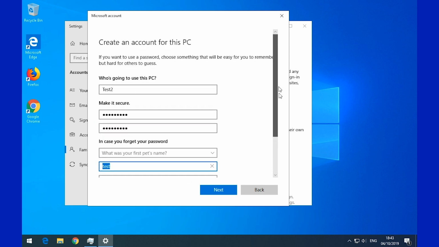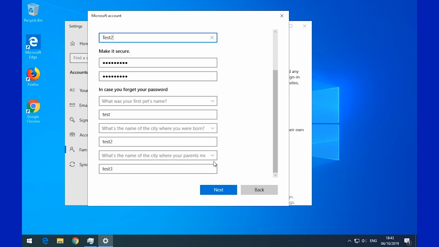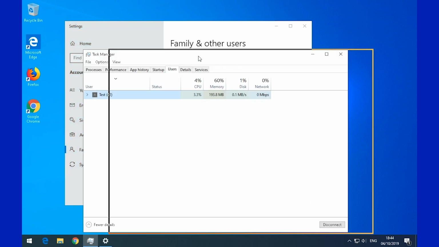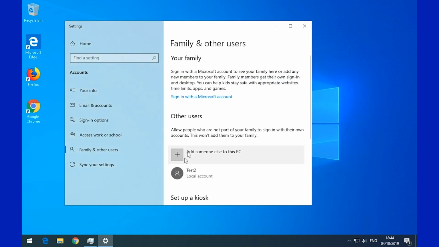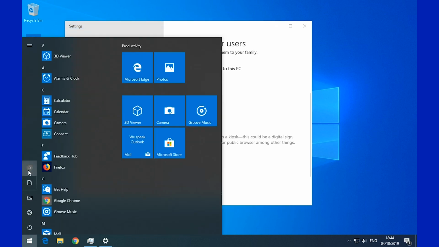So, okay, I created the user test 2 with the security questions. Everything is ready to go to the next step. And I press next, and it's done. That easy. Now, there is one user logged into this computer. That's me, test now. And I could start using this account right away. All I have to do now is switch accounts. Press start menu,